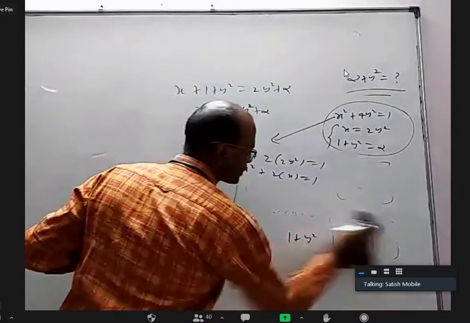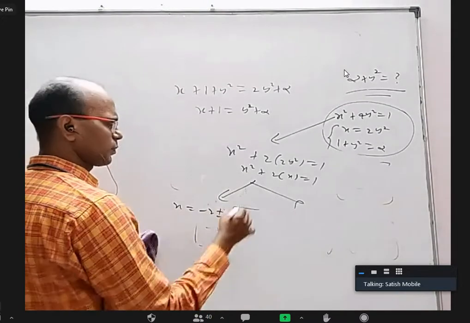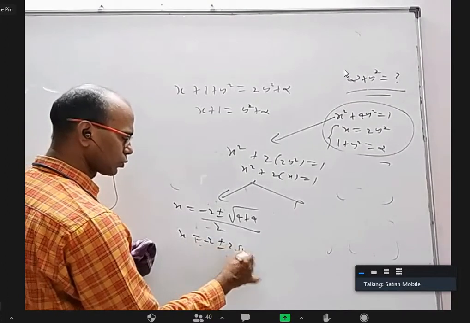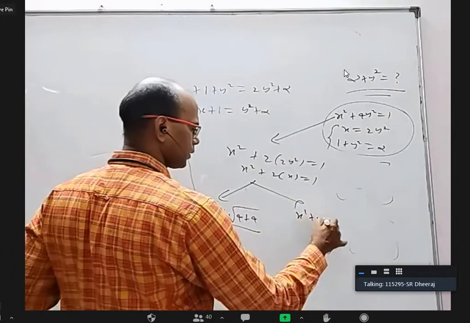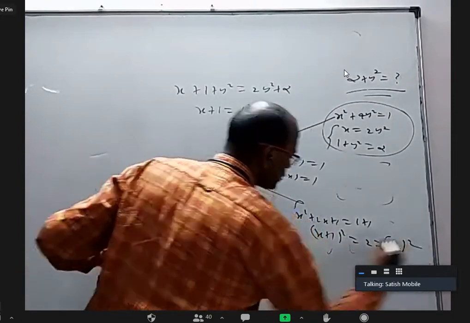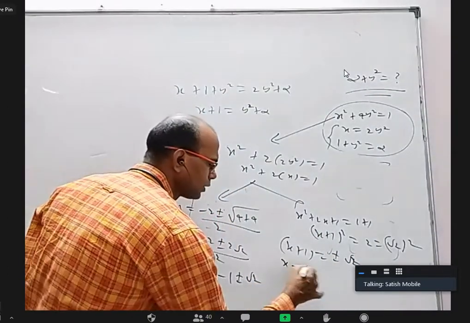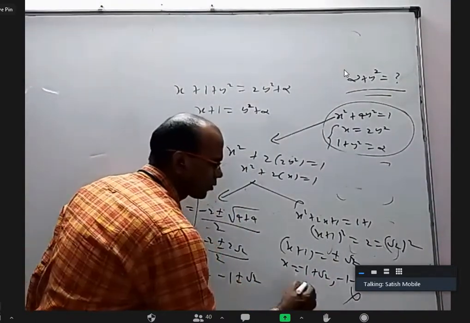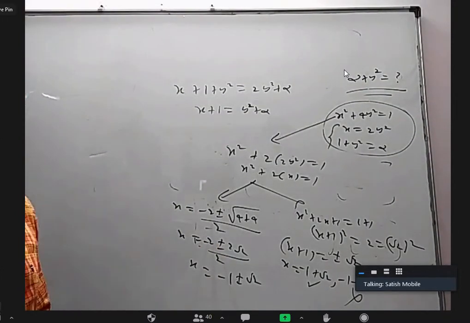Now, how to deal with this? There are 2 ways. Sir, quadratic formula. Yes, directly you can use it. Minus 2 plus or minus square root of b square, which is 4 plus 4, by 2, that is minus 2 plus or minus 2 root 2 by 2, that is minus 1 plus or minus root 2. Or completing the square method is easier. Add 1 on both sides, you will get x plus 1 whole square equal to 2, which is root 2 whole square. You will get x plus 1 equal to plus or minus root 2. Sending that to the other side, you will get x equal to minus 1 plus root 2, or minus 1 minus root 2. But x negative, I want to reject. I want to take this only. Anybody want to tell why? x can't be negative. Anybody want to tell why?